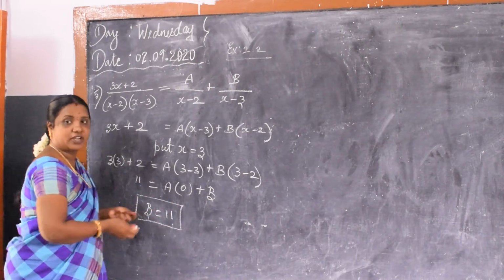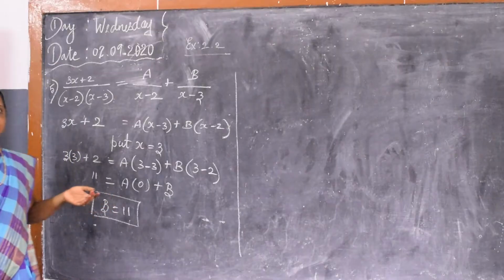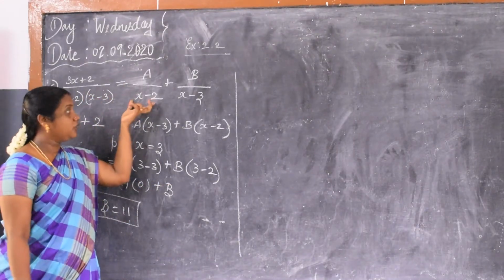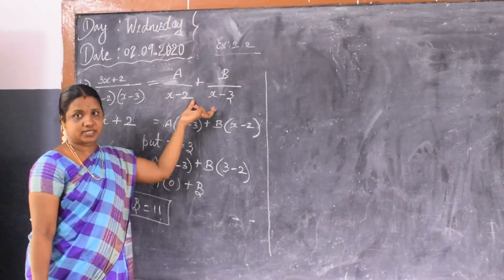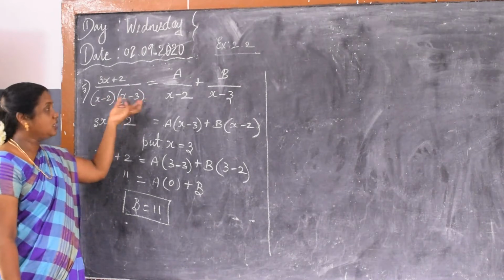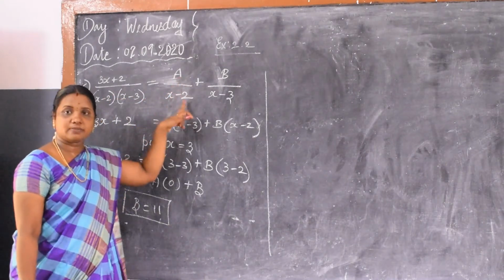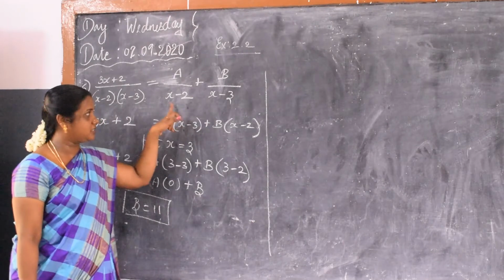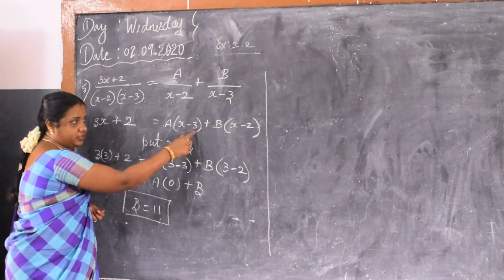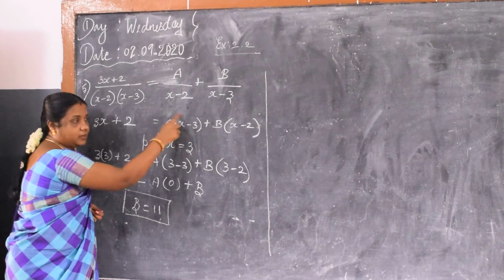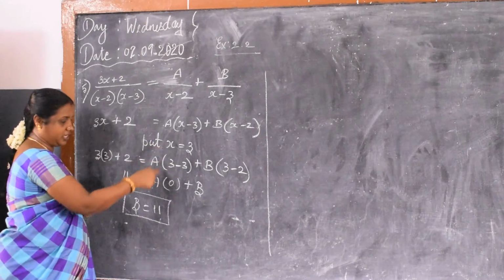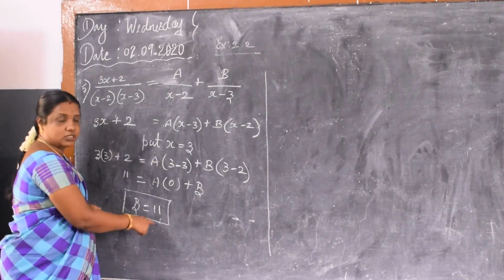Now like this you have to find the value of a. See, again I will explain what you have to do. First of all you have to use partial fraction to solve this. How do you write it? See the denominator here, (x - 2)(x - 3). You can write it as a by (x - 2) plus b by (x - 3). Then take LCM. Here you put x = 3. If you put x = 3, this term will become 0. So you substitute x = 3. Now you got the value b = 11.